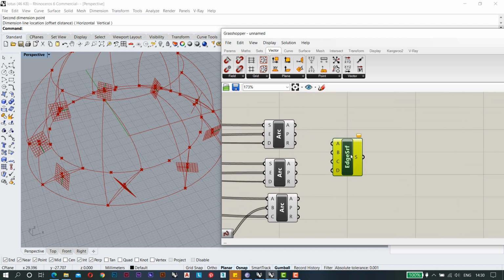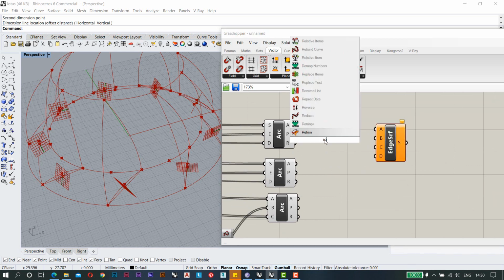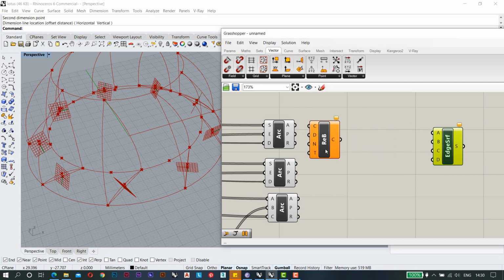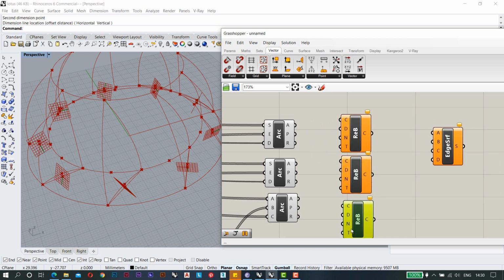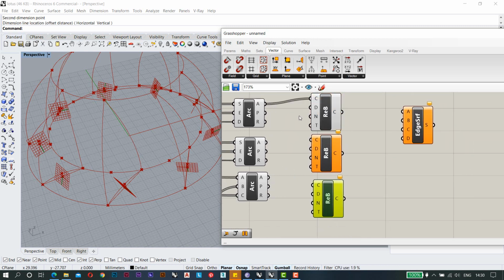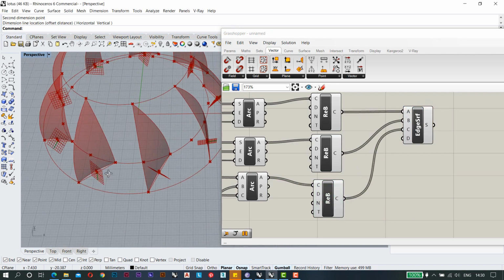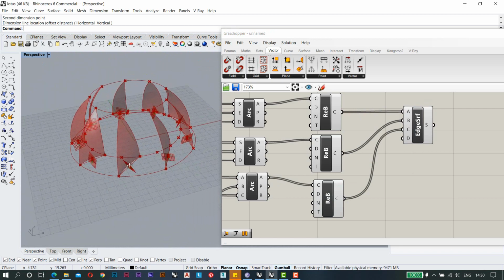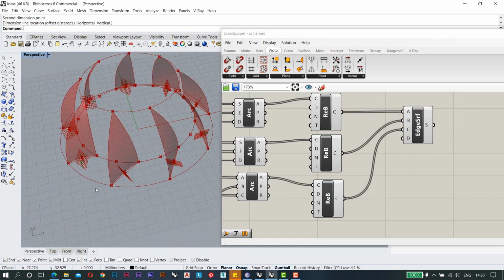But before adding your arcs, I will suggest you rebuild them. So just rebuild curve. You need to apply this plugin 3 times. Put your curves here, and the degree will be converted into 3, so it will be smoother then. You can see they will make the petals of your lotus temple. Now this is the first step.